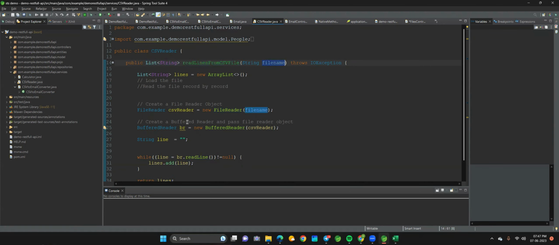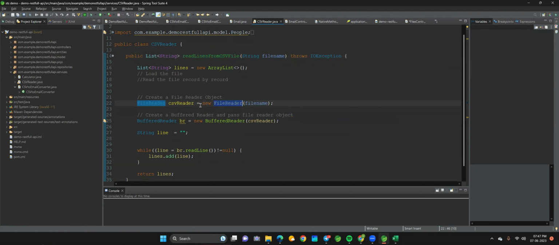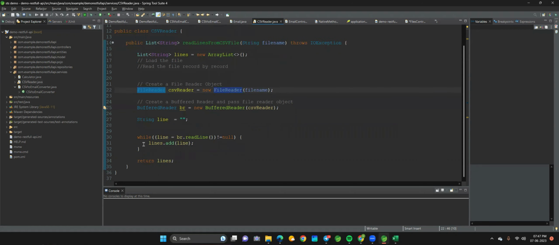It will open this file using FileReader. So this is the class which we will use. After opening it, it will read line by line, till the end of the line, so line is equal to br.readLine(), right? So br is basically the BufferedReader. So you are going to read all the lines and you are adding them to the list. So the list basically will contain all the lines of that particular file, and this particular function will return all